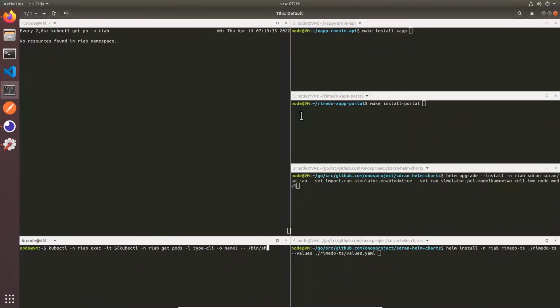Okay, so we prepared a couple of terminals which will be used later for different components of our system. But let's start from the beginning. We can see the Kubernetes cluster, which will be used to manage all deployments that we need for our demo,